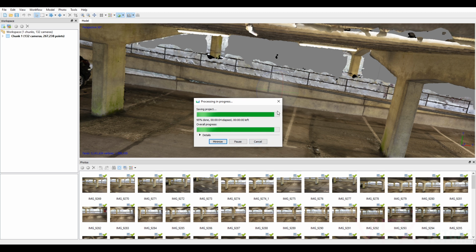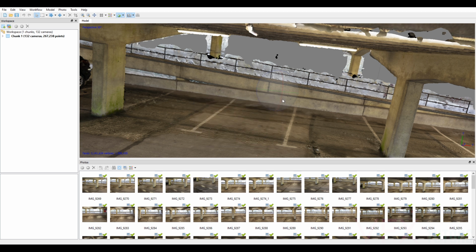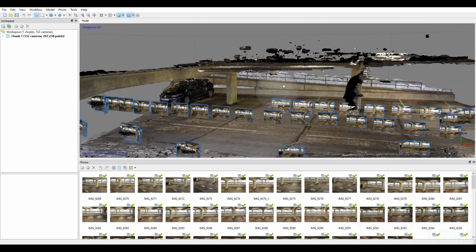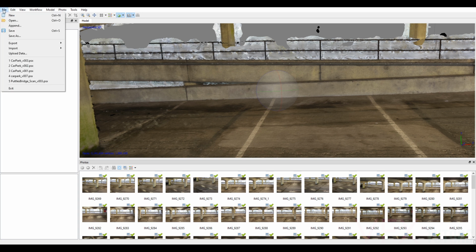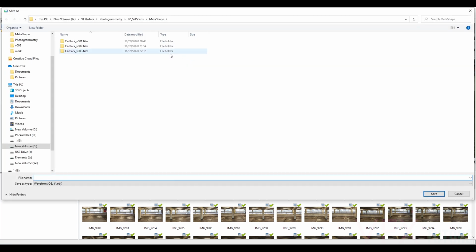Then now we need to export this out to our 3D software. So I'm going to be exporting this out to Maya, but you can use any 3D software. It doesn't particularly matter as long as you can model and import. Basically, it should be fine. So I'm just going to go File, Export, and Export Model,